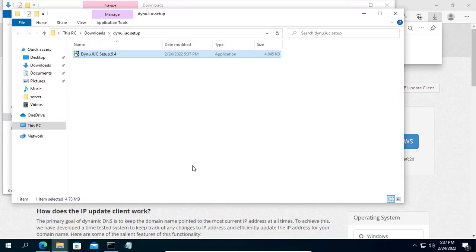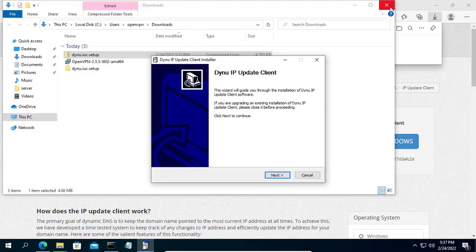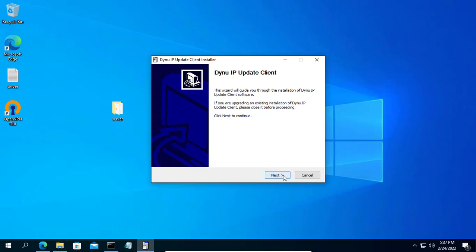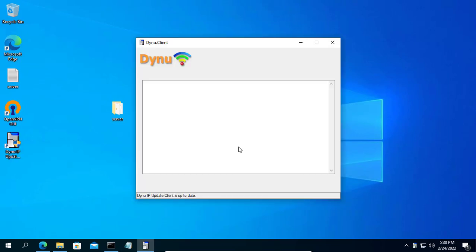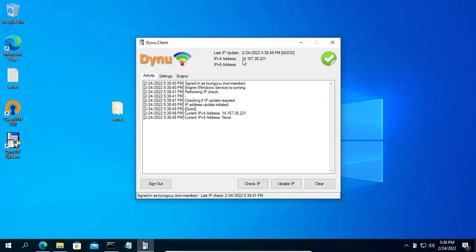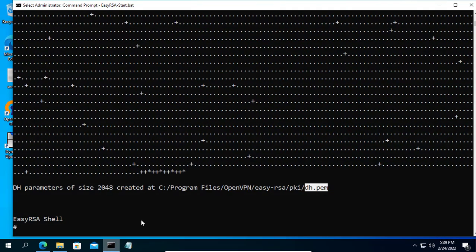Create your own domain name. Next you install the DynDNS client to automatically update your dynamic public IP address. As you can see, my public IP address has been updated. You need to write down this domain name to use in the next step.